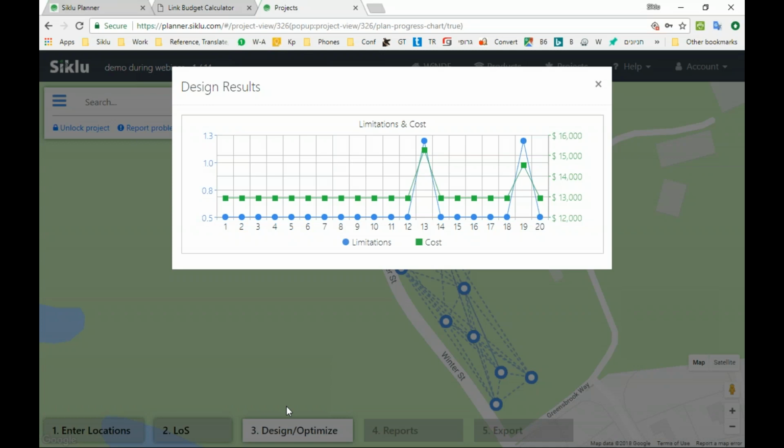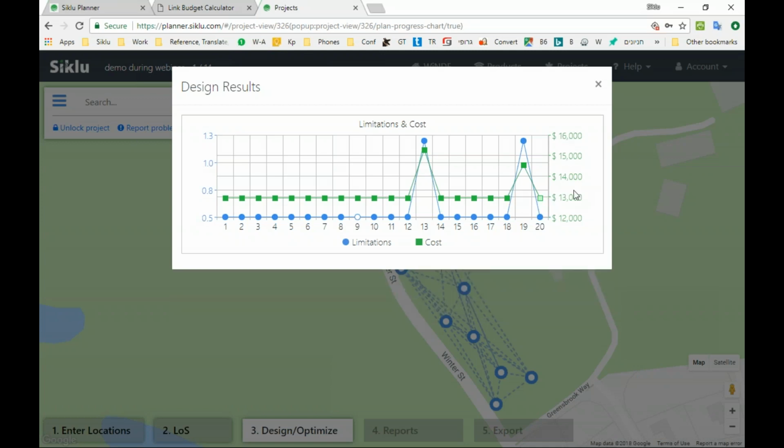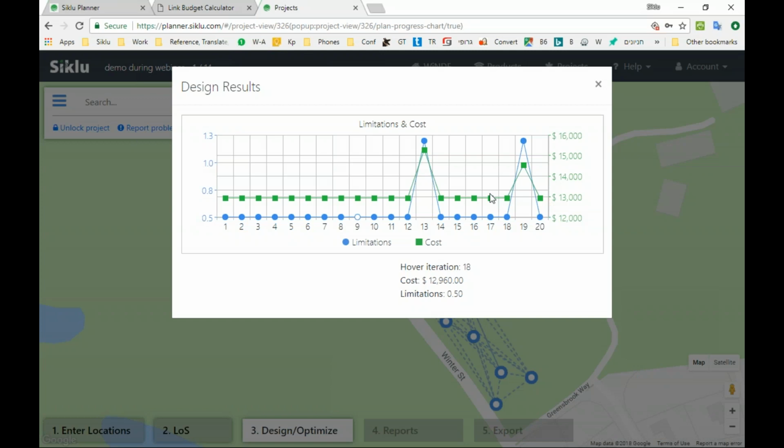It will allocate RF channels to all of the radios and calculate interference if necessary. And all this basically results in what we see here, where for the 20 designs which were calculated, we have for each of them a cost calculation, which is shown here on the green line, utilizing the right scale for the price,